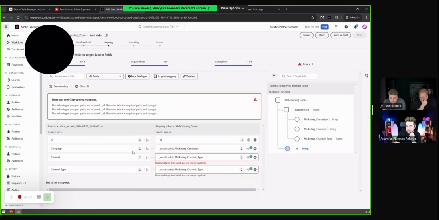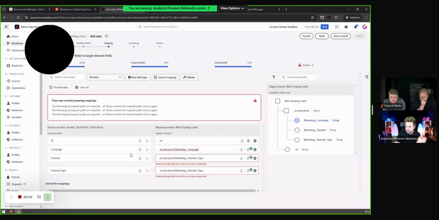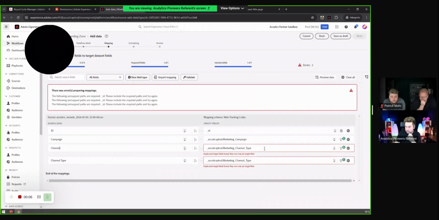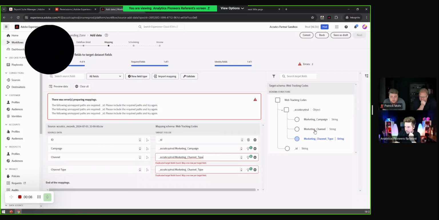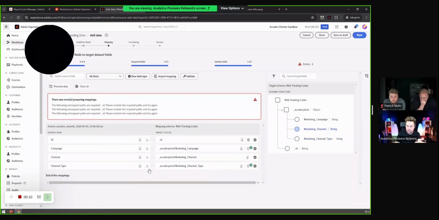to data landing zone should be mapped to my marketing campaign, which is cool. Then the channel should be mapped to my channel field, of course not channel type, and then channel type to channel type, just like this. In this way you can just create a mapping from whatever schema you have in your data that you bring